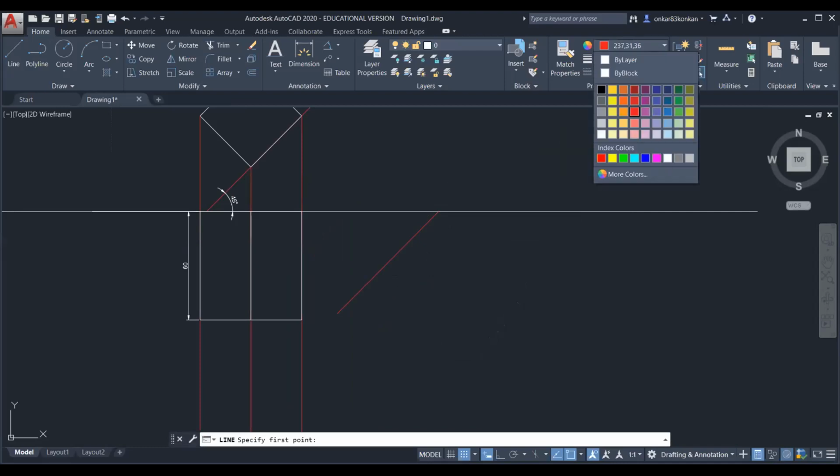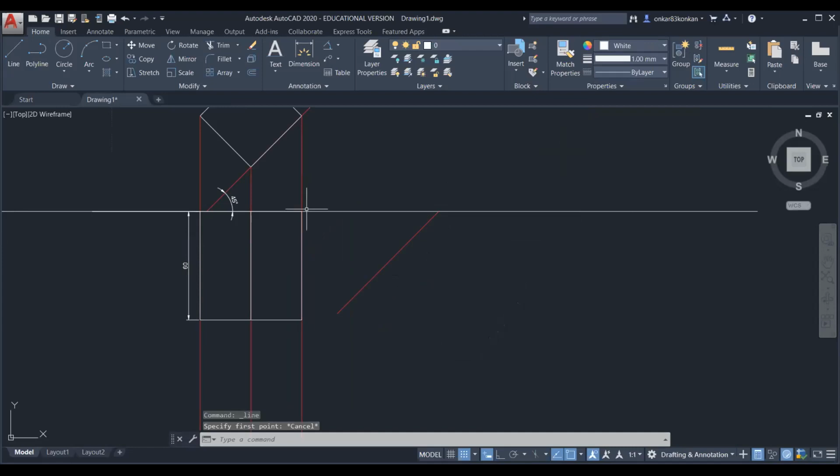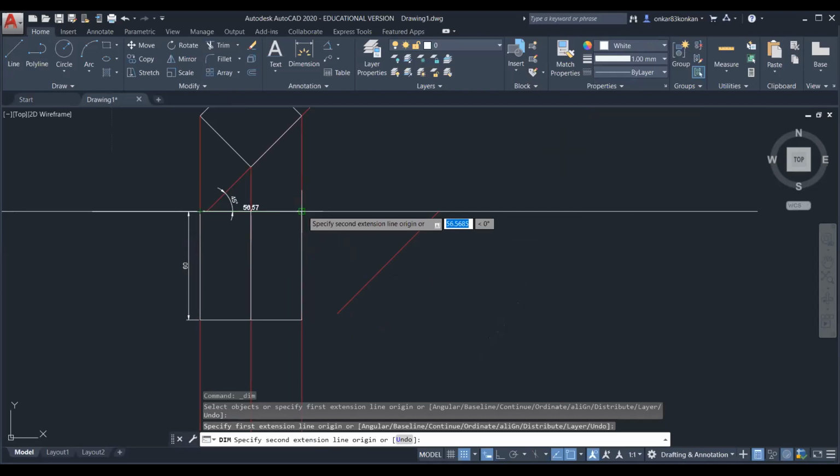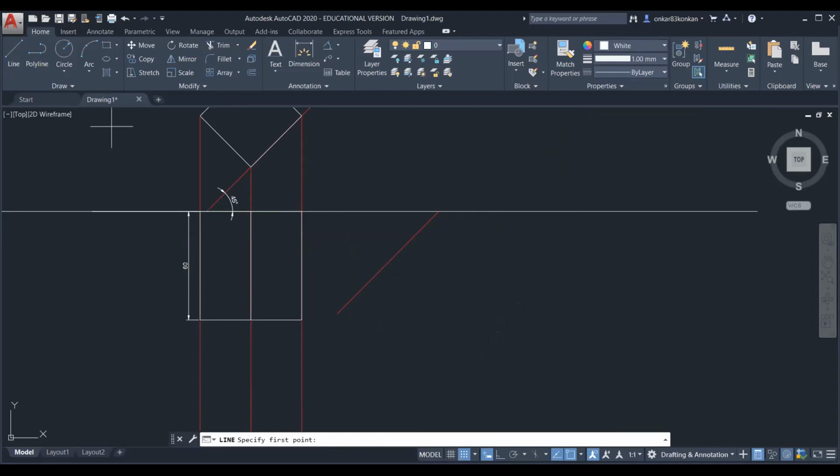First, take this distance in the compass. This is 56.57. And then complete this view.